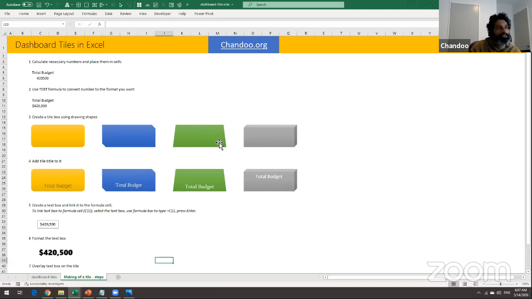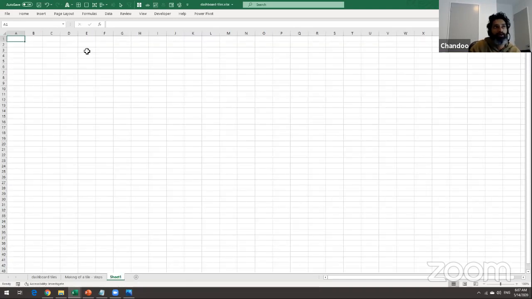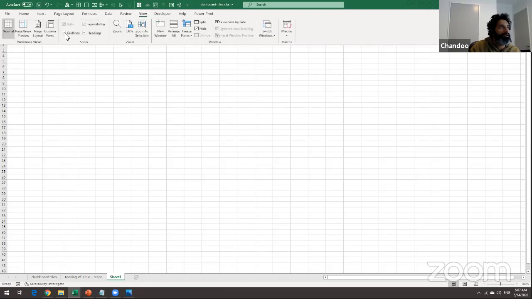But you could use Excel and you can turn that into PowerPoint with some simple ideas. This is how a normal Excel sheet looks. You can just turn off grid lines, headings, and formula bar, and suddenly it just looks like a blank slide to me. And that's pretty much the difference between Excel and PowerPoint there.